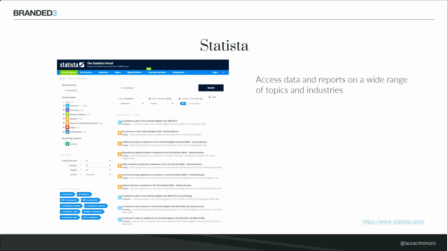And then there are various other sites. This section could have gone on forever, but the last one that I was going to include was just Statista. Again, quite similar to the others, you can either browse through different things or you can search for specific data. This will bring back various formats. It'll bring you back stats, studies, and even infographics that already exist. So you can take a look through that and see what's available. Some are free, some are paid, as a warning.